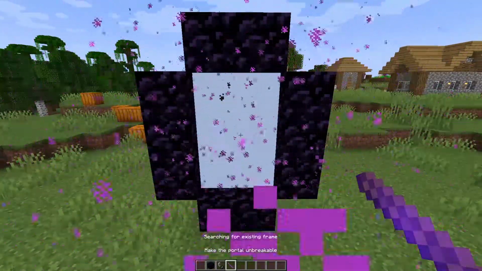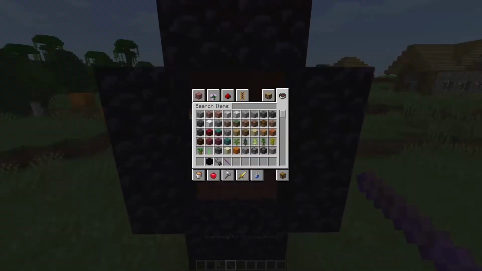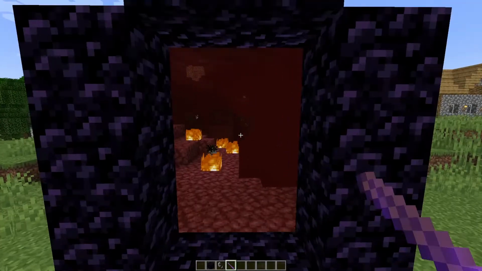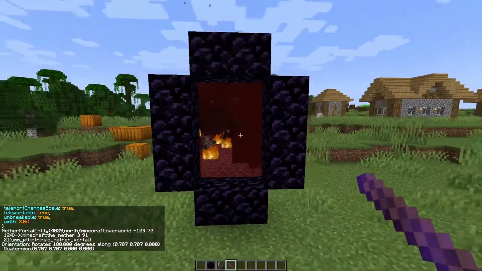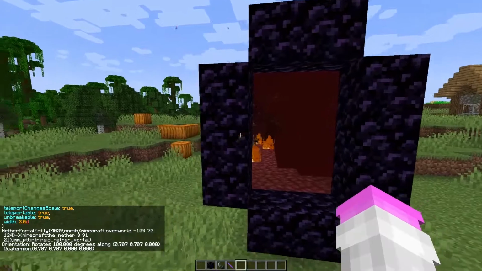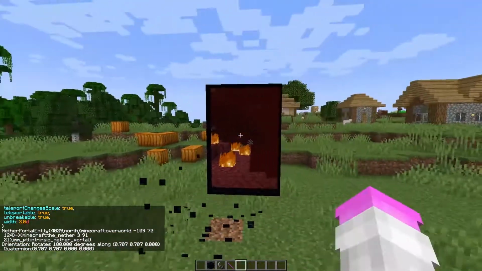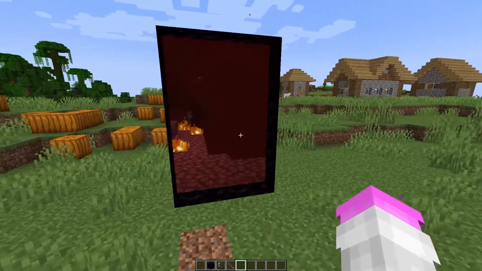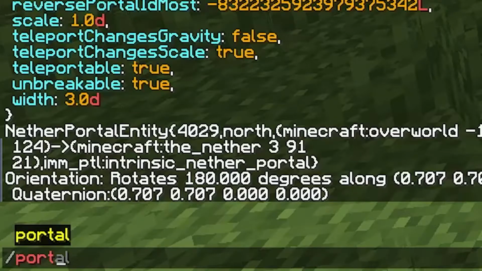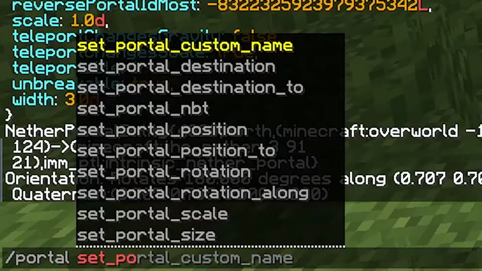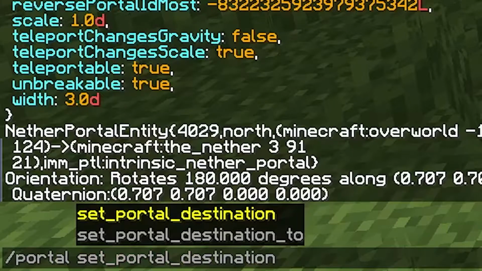We're going to take this item, you can search for it, it's the unbreakable item, and it will make it so it's unbreakable. And so now I can actually get rid of these blocks. Isn't that crazy? So let's change the destination with this command, portal set portal destination, and we're going